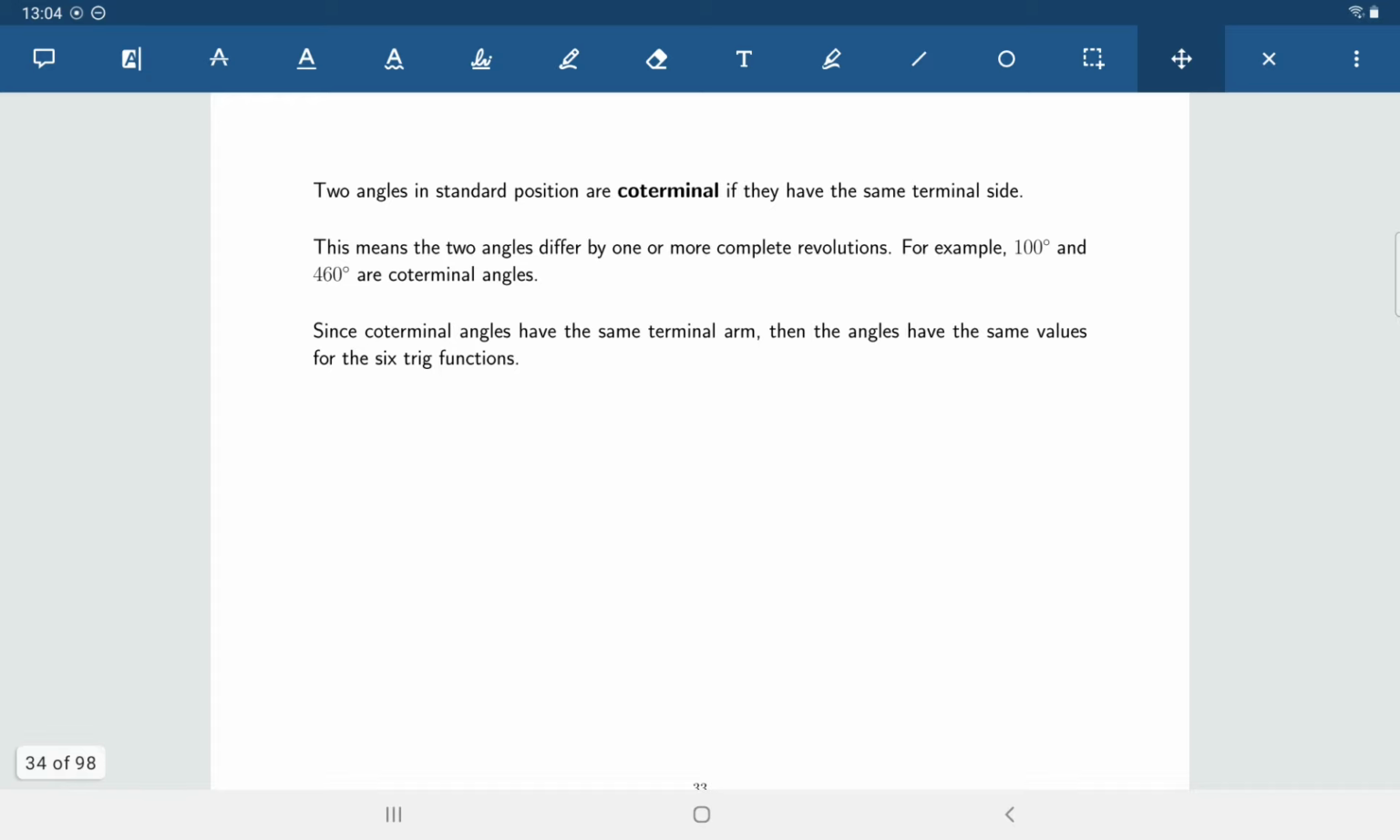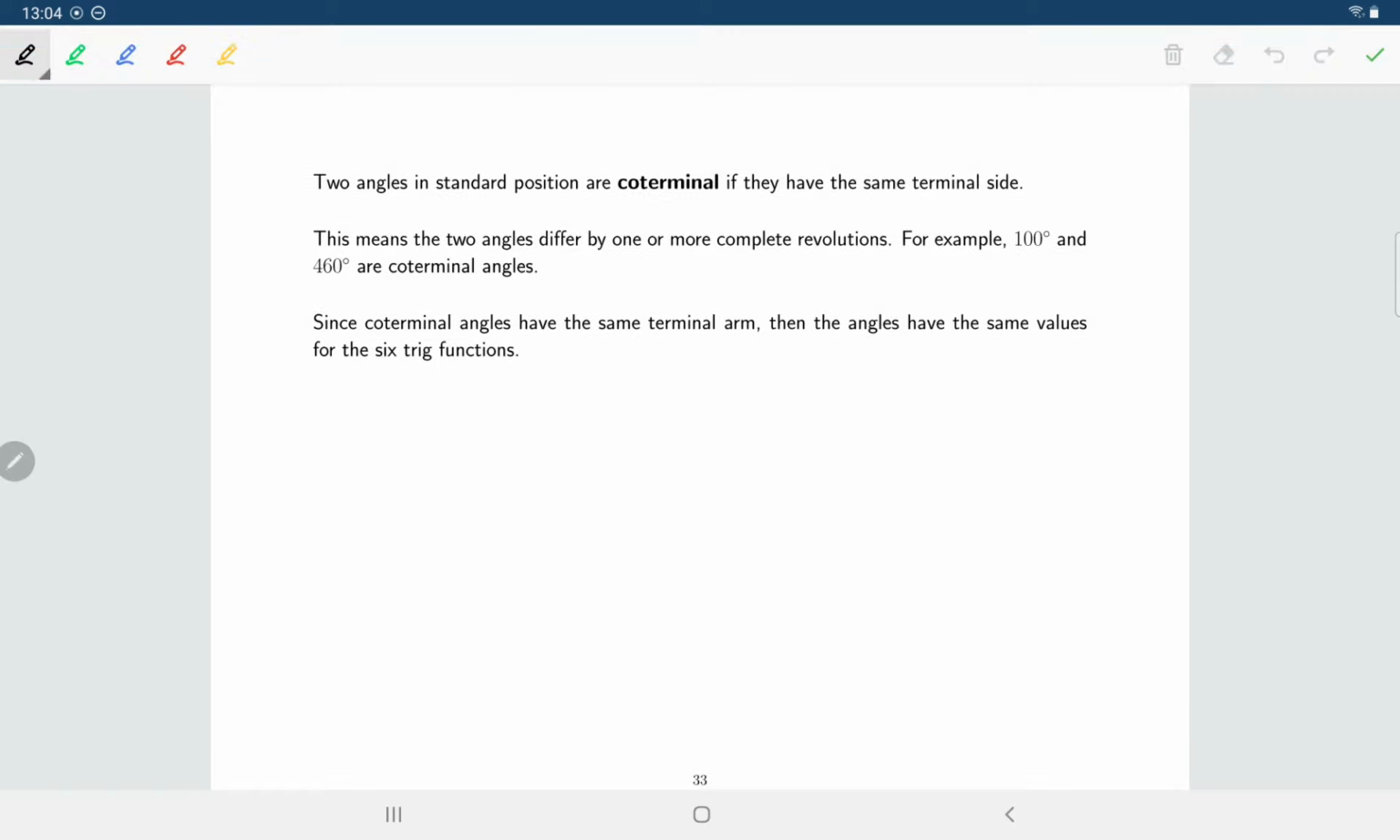All right, so the next thing that we want to talk about is what does it mean for two angles to be coterminal? Coterminal angles, those are angles that have the same terminal side. So in other words, they would be angles that differ by a full circle or a complete revolution. So, for example, 100 degrees and 460 degrees are both coterminal to each other